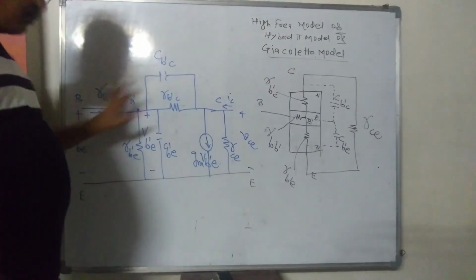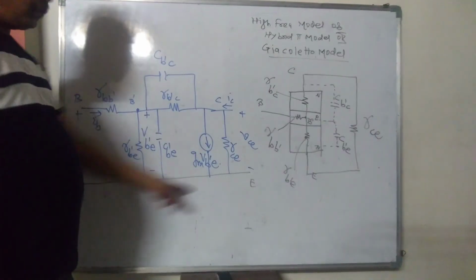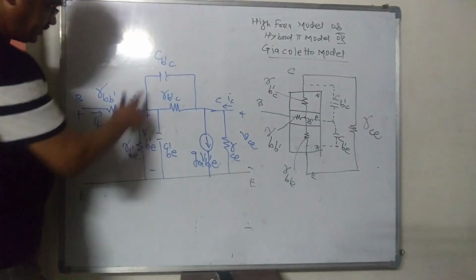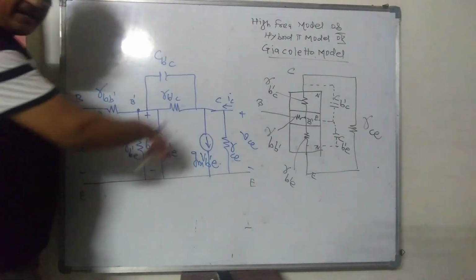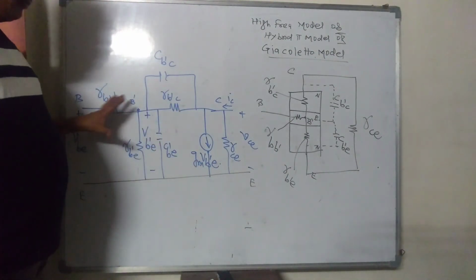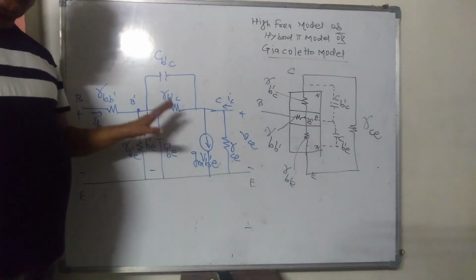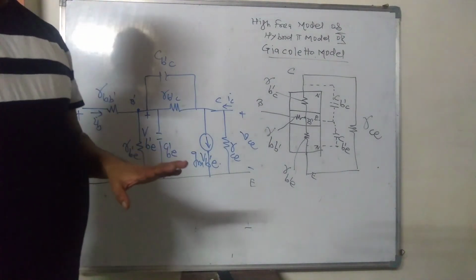Draw the model. This is the model. Write the significance of each parameter along with typical value. Model is 2 marks. Significance of each parameter and their values, 4 marks. You will get 6 marks. So a very easy question. The significance of these parameters and their typical values I am providing you in PDF format.